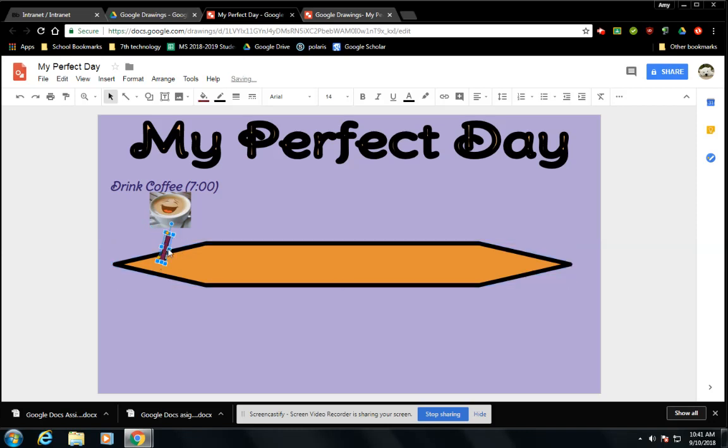If I want to make it fatter, I grab one of these sides. I can make it fatter. I can make it longer. So you can play with whatever you want, then I can move it up so it's touching my coffee cup. So that's it. From there, you're just going to do this 7 more times and tell me what your